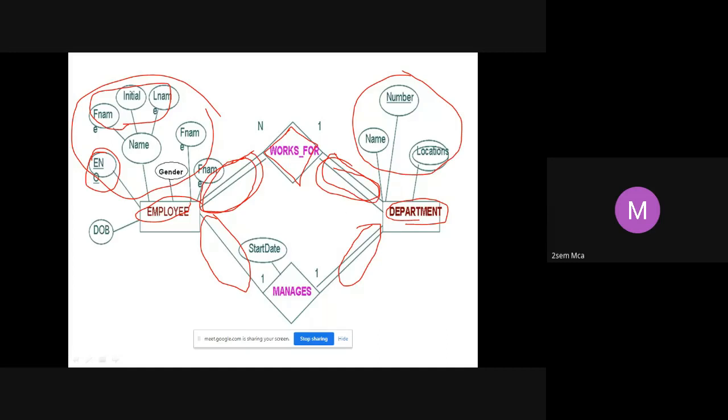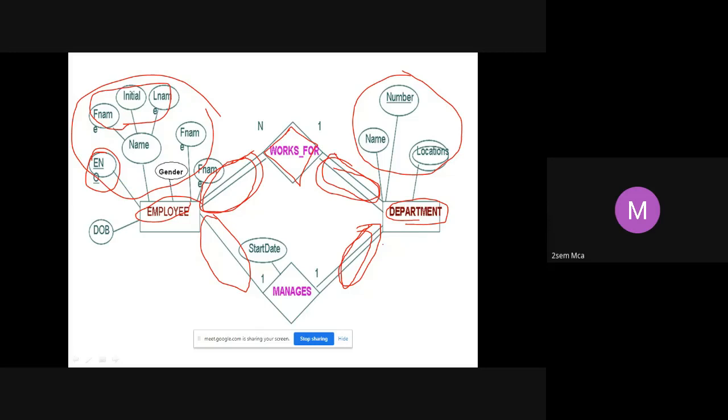That is one relationship. Another relationship is what? Among all the employees, one of them is going to act as a manager. Not all employees can be a manager. That is why we have shown this as a single line. That means partial participation. Whereas on this side of the relationship, manager to department, you see, it's a double line. That means it is a total participation. Now, why have we taken total participation there? Because every department should and must have a manager. That is why it is shown as a total participation. We can't show partial there. Every department should have some head, correct? So that is why we have shown it.